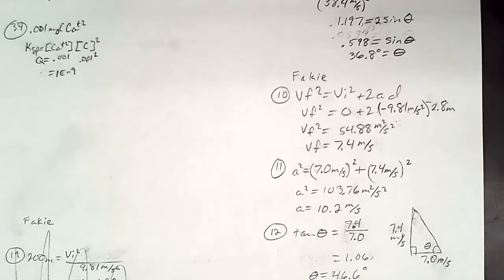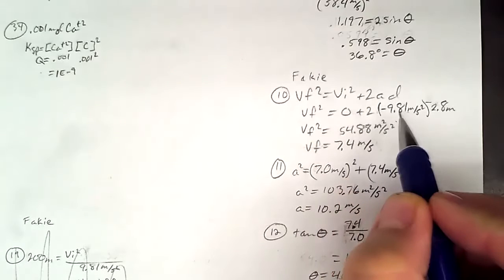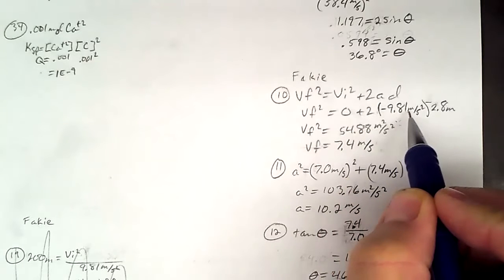This is about the Mr. Palmer fakie about projectile motion. And here's number 10. Go and read the information. I know you can read, so I'm not going to bother reading it to you. We know that the initial velocity is 0, and we know the acceleration from gravity is 9.81 meters per second